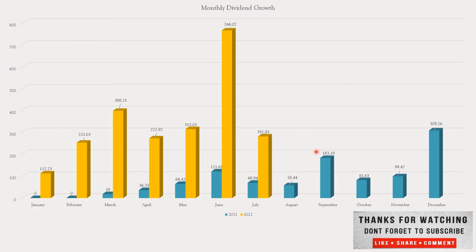Looking at it a little differently, you can see last year when the portfolio started, I started in March when I started getting my first dividends. It was $18, and then obviously this year in 2022 it's up to $398 for the month. Nothing in January, but I've received $112 this year. Nothing for February last year, but paid out $255.03. There again in April, $36.33 last year. This year it's